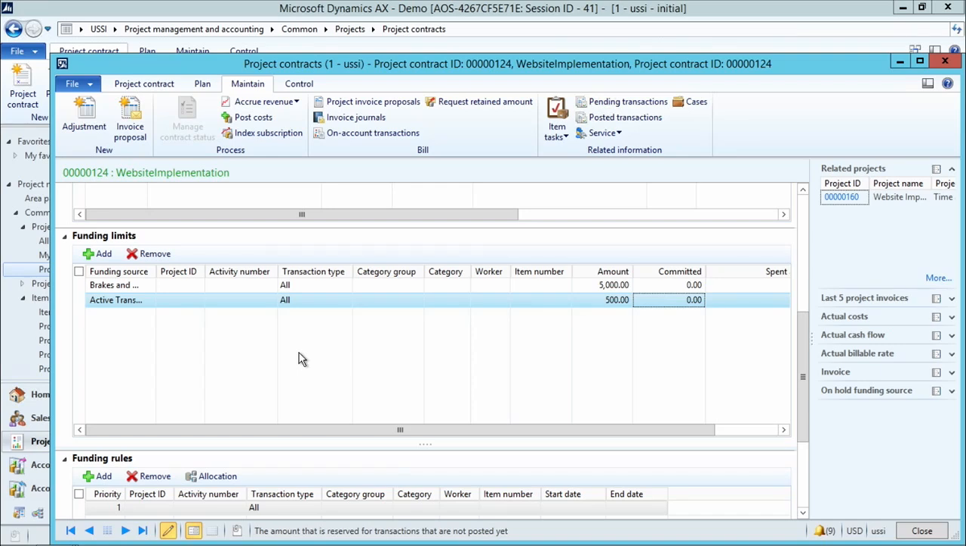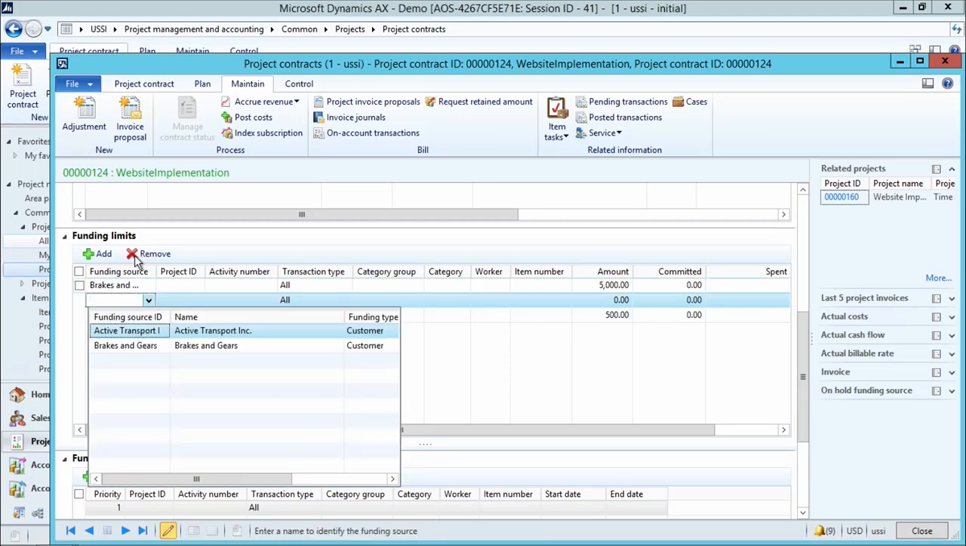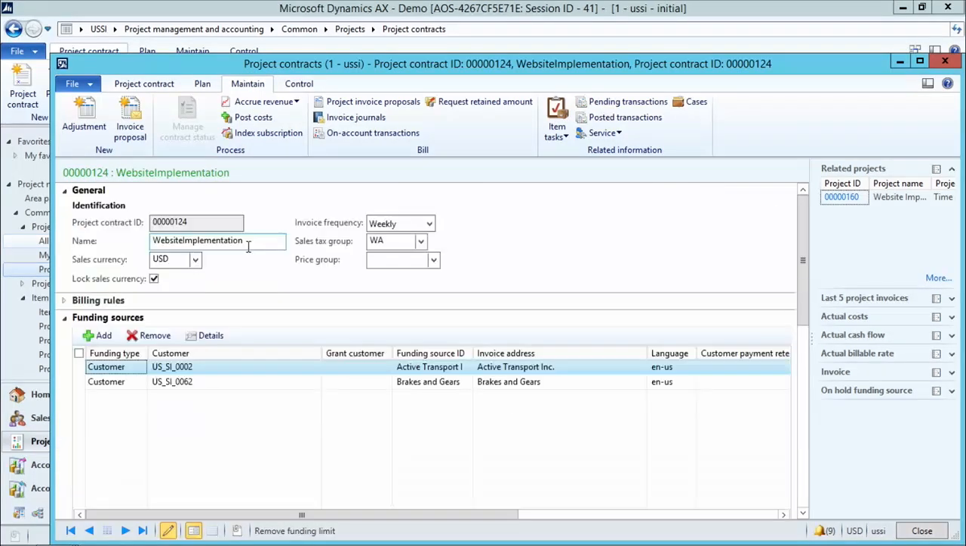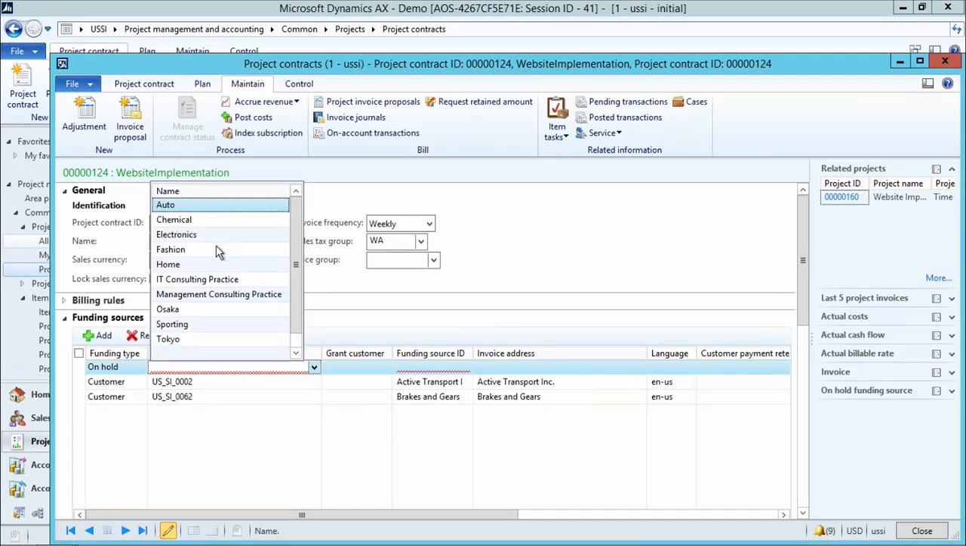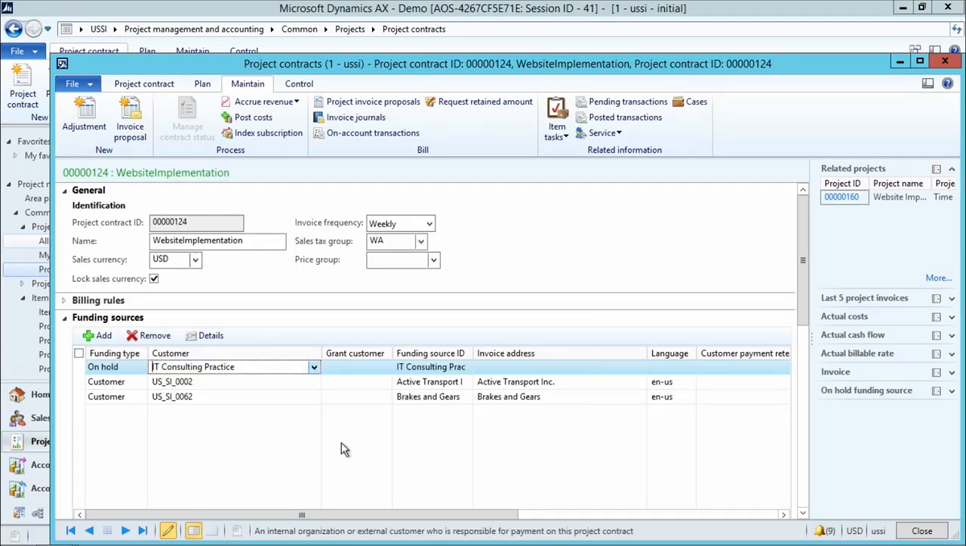So in this case, we come to the concept of having an on-hold funding source. While you're negotiating with Brakes or Active Transport for more funding, in order to let the consultants continue to post their transactions, you can create an on-hold funding source. Let's navigate to the funding sources FastTab and add an on-hold funding source, map it to an internal organization. Let's say we map it to our own internal IT consulting practice, and then